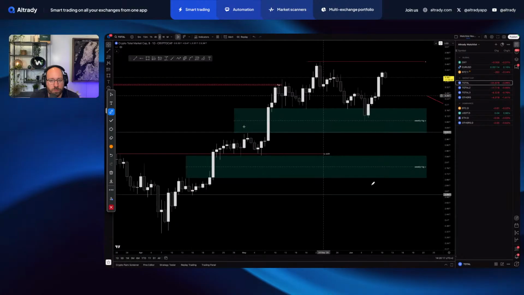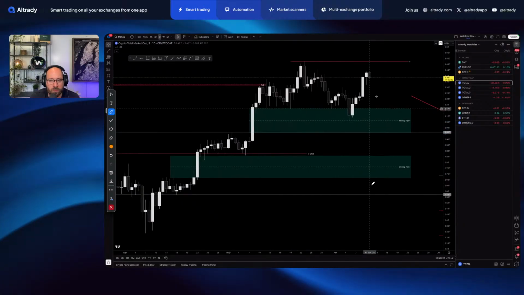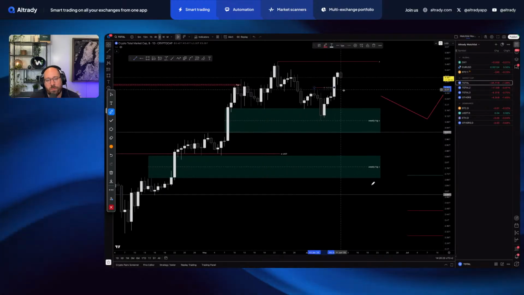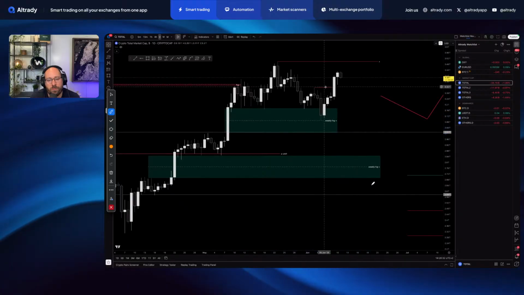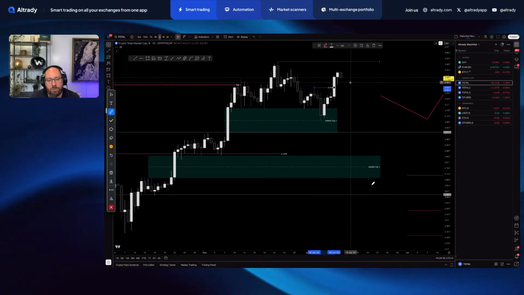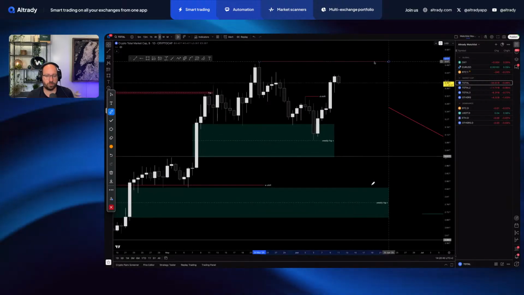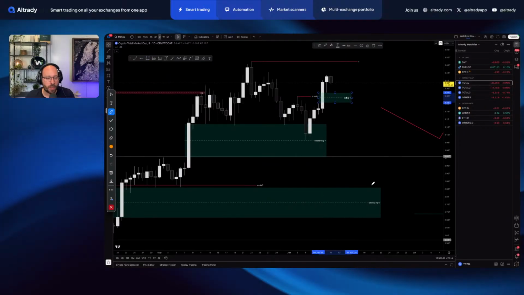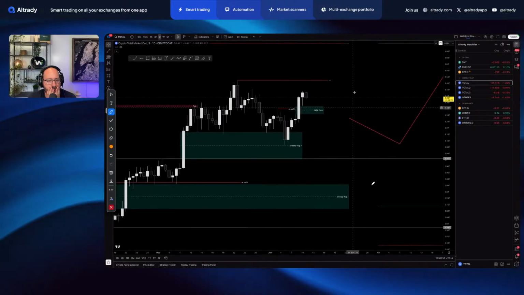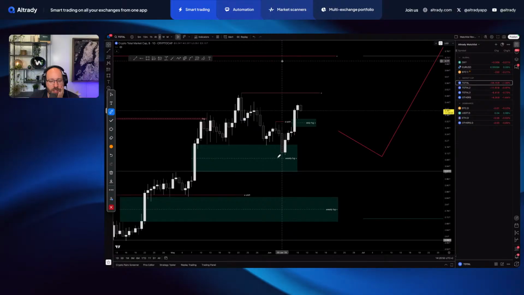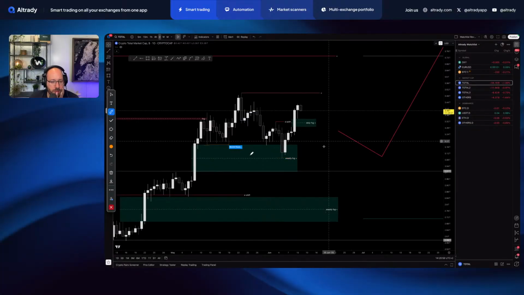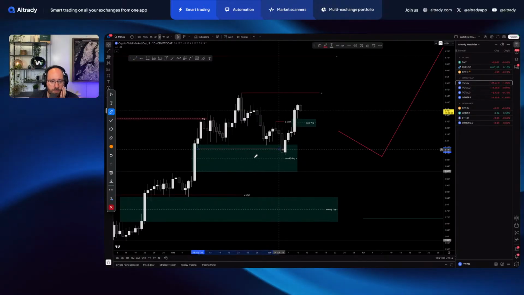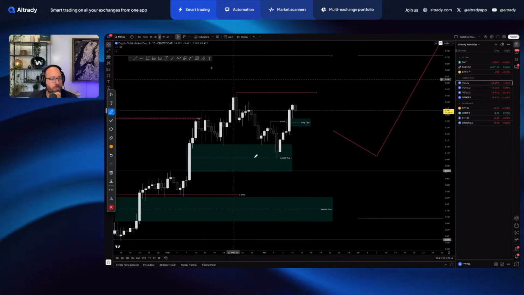So if we go down to the daily time frame, we can see what's going on there. Here we have the daily shift after testing the weekly fair value gap, which is also a very good sign for the short term. And the daily fair value gap. This one did take out a little bit from here, so it took out liquidity and also tested the fair value gap. So now from here, we can see,